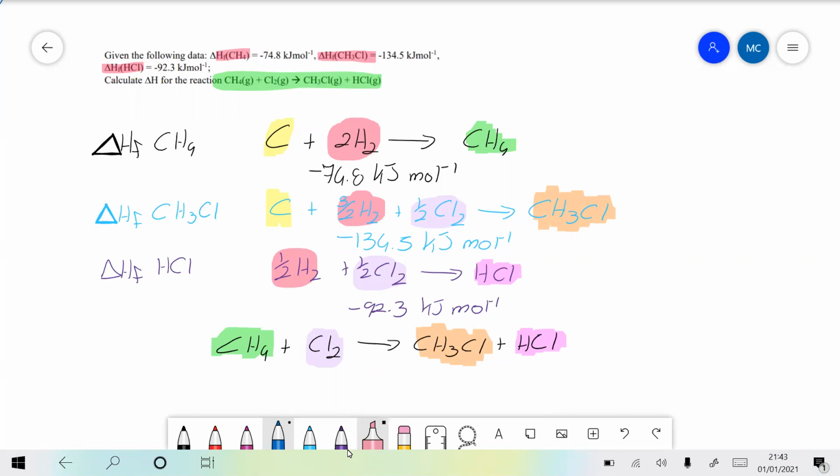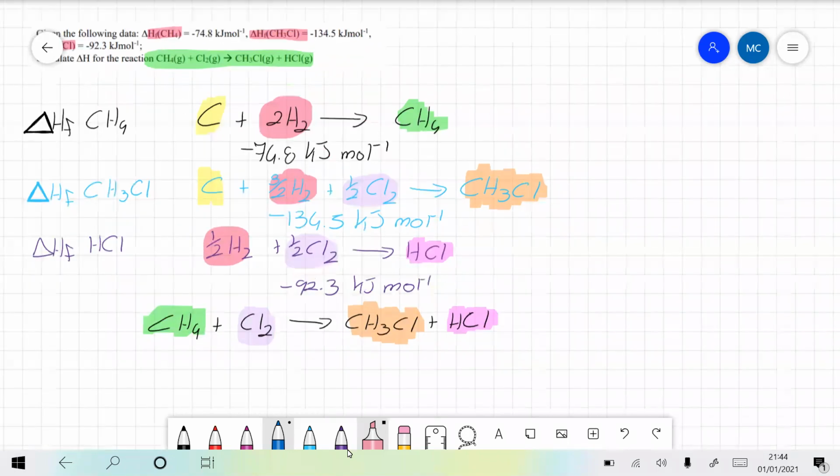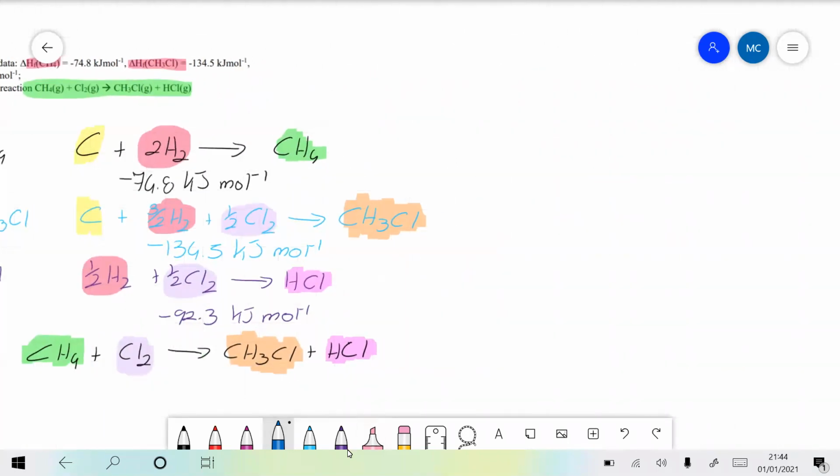But if the carbons are balanced, the CH4s are balanced, and the chloromethanes are balanced, it's very possible that everything else will be balanced as well. So try to draw the cycle and see what happens. So at this point, we start with CH4 plus Cl2 to give CH3Cl